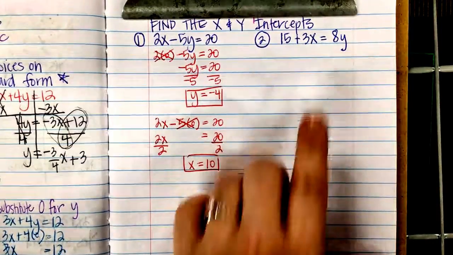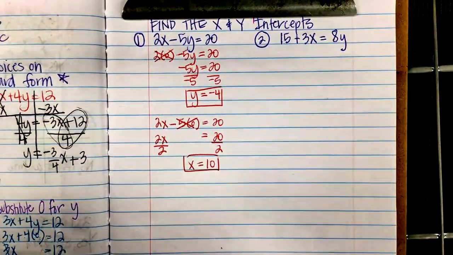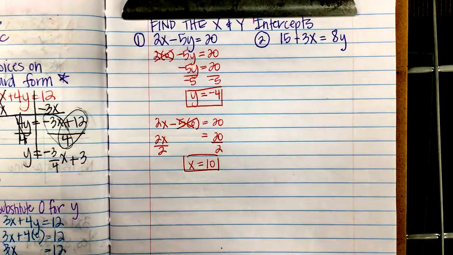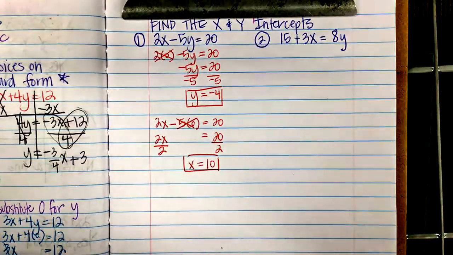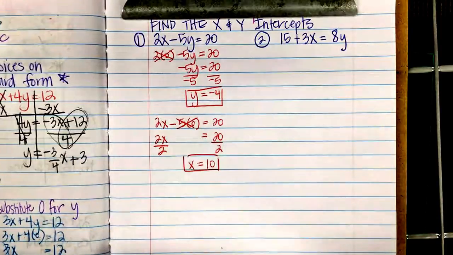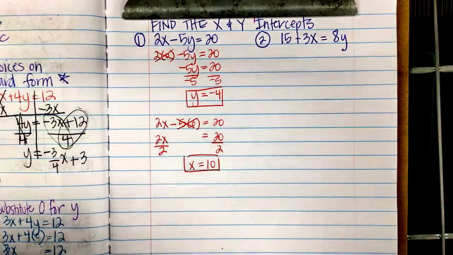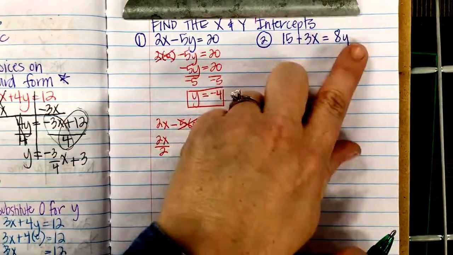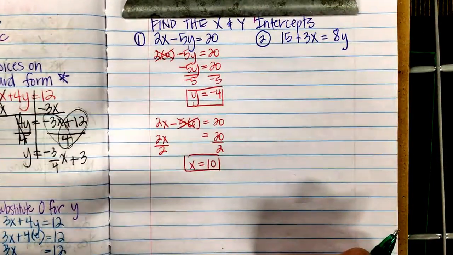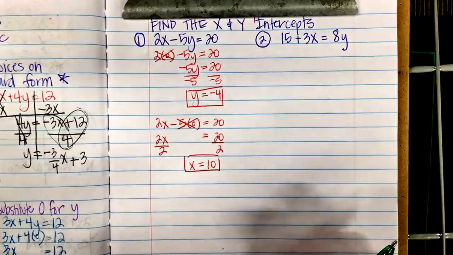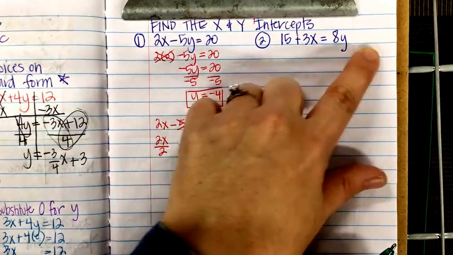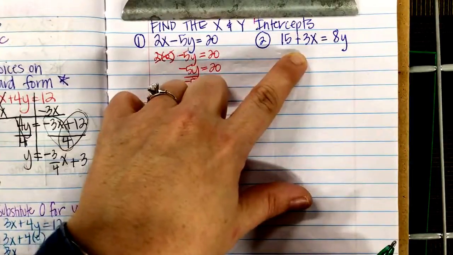All right, let's try this one. You have two things. Is this written in standard form? No, but can you make it written in standard form? You can rewrite it, and that's fine. You don't really have to. You could still substitute 0 and substitute 0. It's just going to be a little bit more work. But you'll still get the same answer no matter what if you substituted in this exact equation or if you